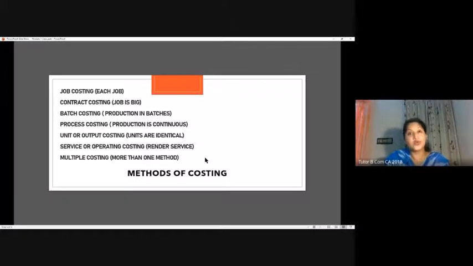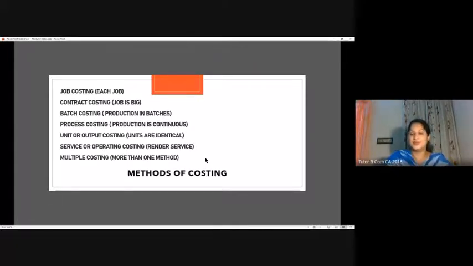method. Or if you want to assign a particular task to a subcontractor, or give a particular task to an assigned group of people, maybe you will compute costs for that particular job, that assigned job. In that case, you will use job costing. So in multiple costing, what happens is you use many costing methods to finally arrive at the cost of that particular product. So these are broadly the different methods of costing which we use depending upon the nature